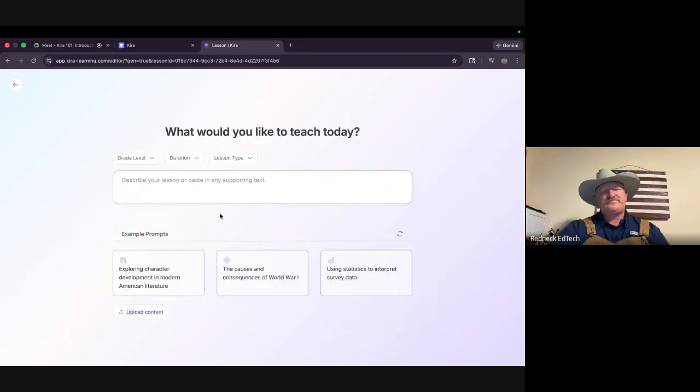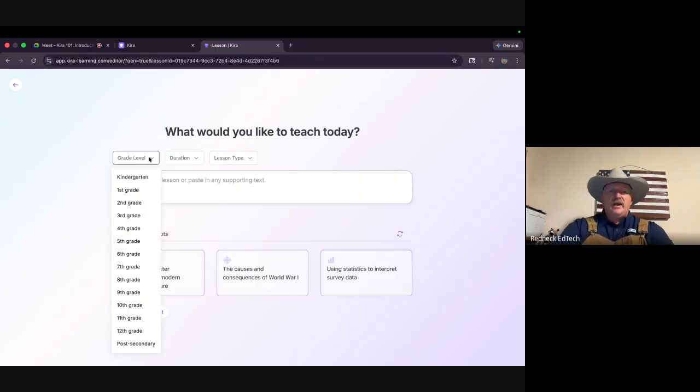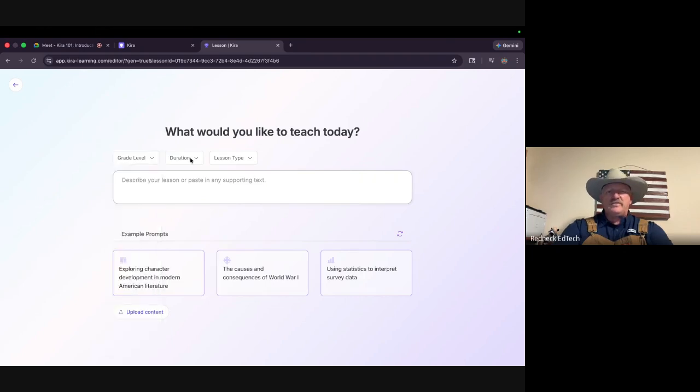Paste or prompt. Paste or prompt is awesome for people who need mini lessons, or they need a lesson in which their standards and objectives haven't been loaded into the Kira platform yet. If I wanted to use paste or prompt to create a lesson, I would pick my grade level, the duration, and the lesson type, and I would paste my standard in there. And if I had a presentation, I could still load it right here where it says upload content. Now it creates a standard-aligned lesson based off what I desire and the presentation that I want to use. I'm just creating a student activity.